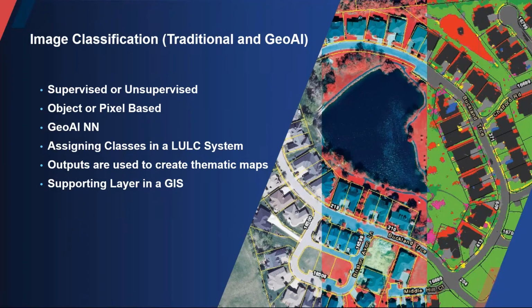So I'm going to jump right into some of the capabilities within Pro. I thought I would start with some popular techniques we have in Pro for extracting features from imagery. One of the traditional and more common techniques that has been around the industry for quite a long time is image classification, traditional and GeoAI. Traditional means things like supervised and unsupervised classification. This is where we take the image as an input and we classify the